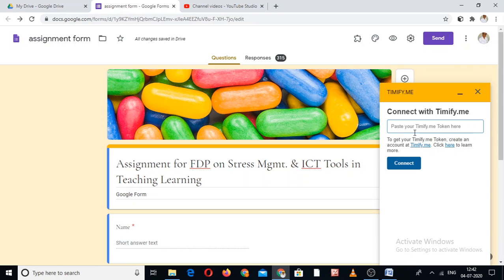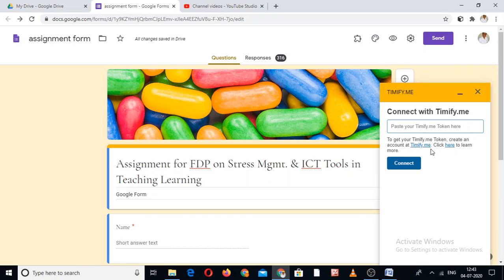You have to go through some procedure for that. To get your Timify Me token, create an account on this one. So you have to make an account on Timify Me. Click here to learn more. When you register yourself and make an account, you can avail this facility. You can mention one countdown here.